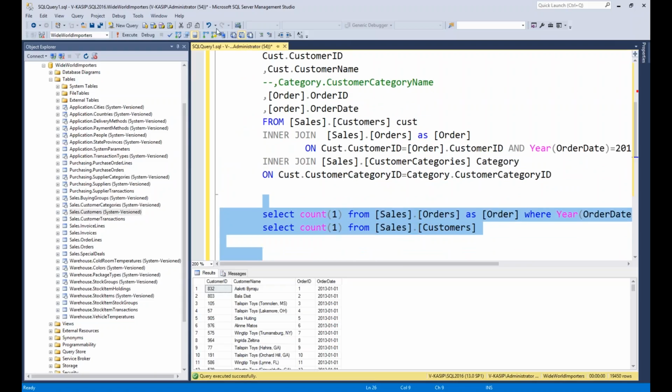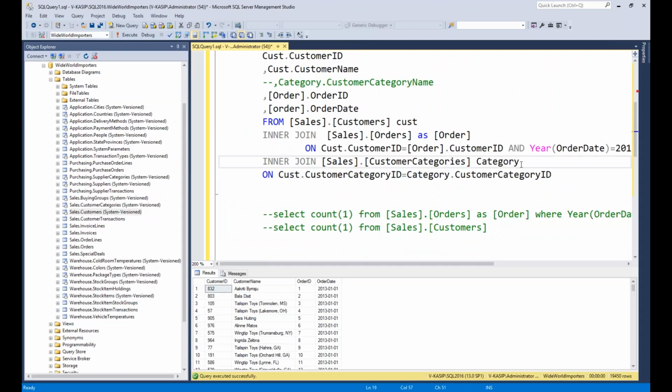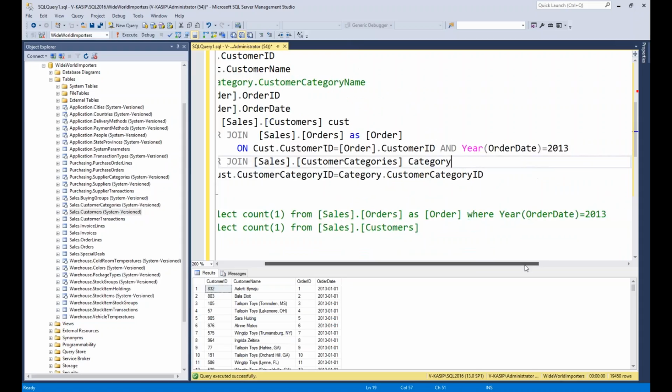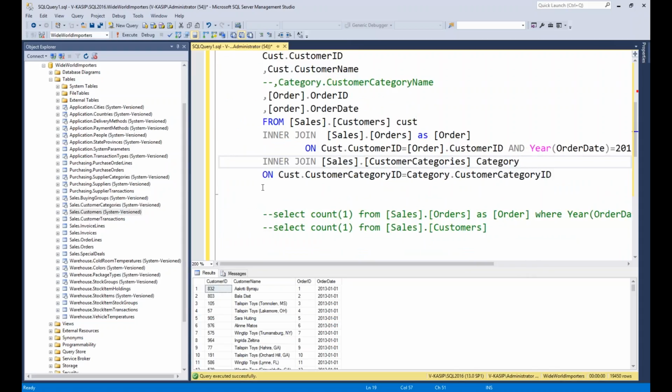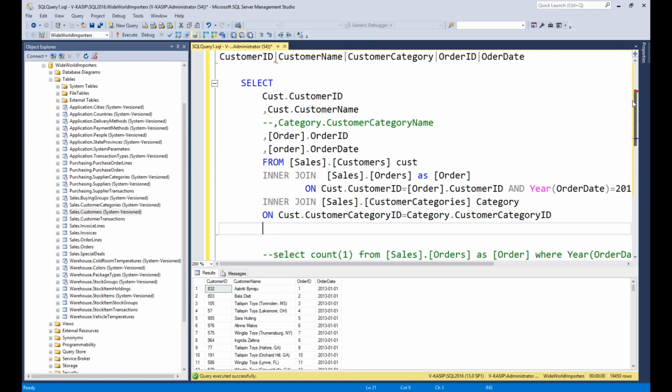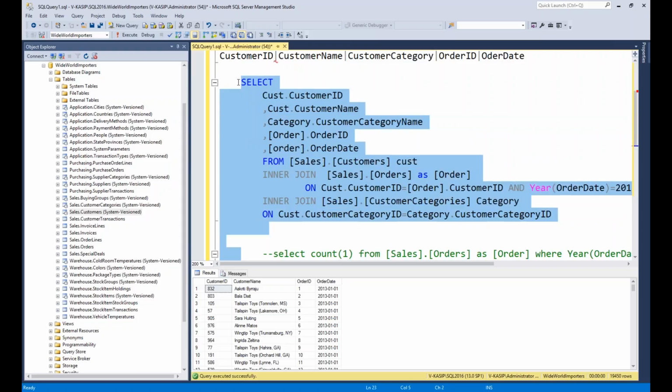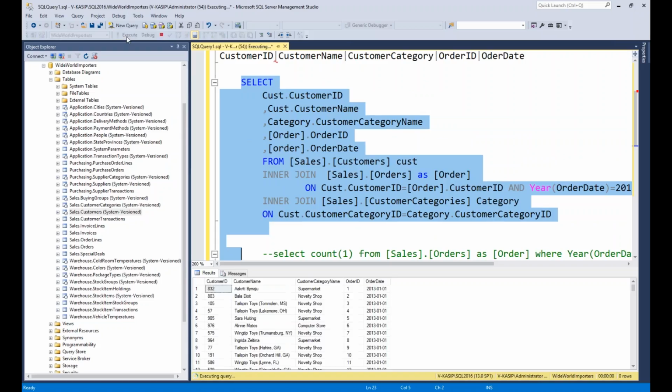For example, in the customer category ID, you need to write the order date here. It is not required, right? Not required. It's already filtered out, so there is no requirement for the where clause here either. That's what I'm telling you. You don't need to write the where clause also. So now your earlier query and this query both will show the same results. Look, 19,450.